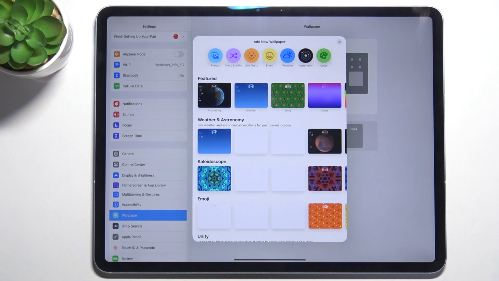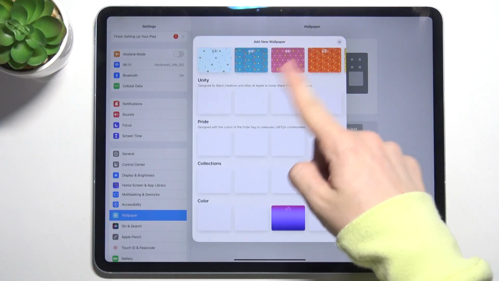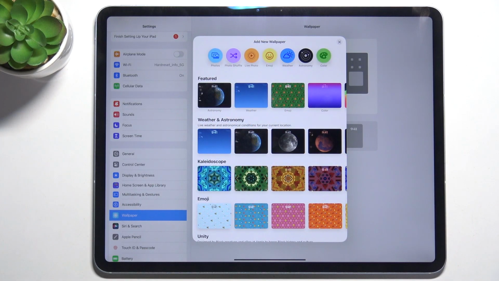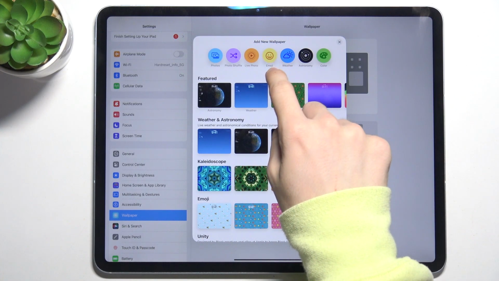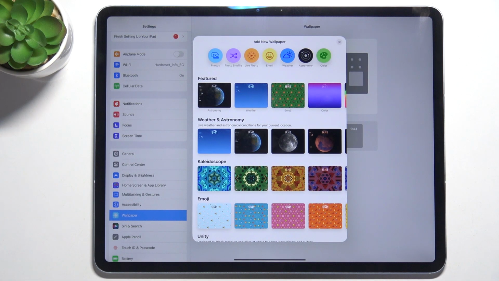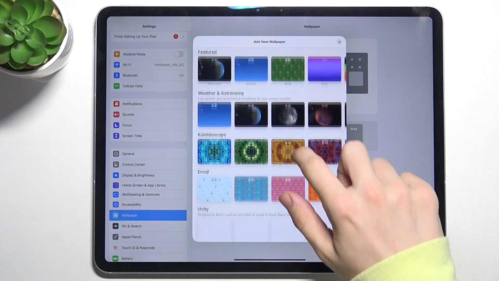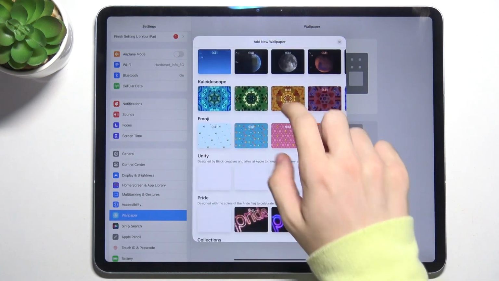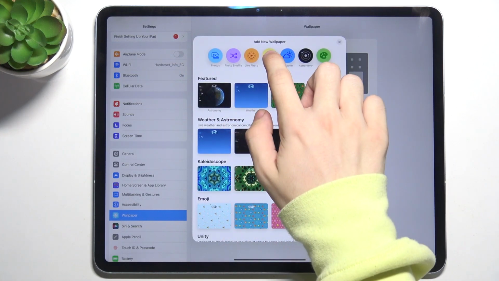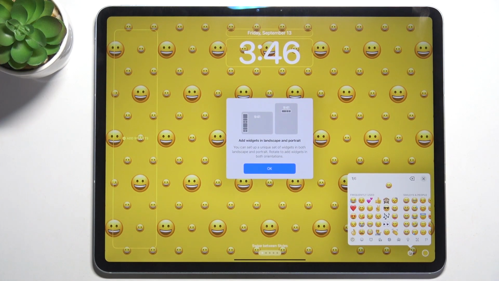and you can choose a wallpaper from here or choose from Photos, create a photo shuffle, choose Live Photo, Emoji, and other ones. I'm gonna choose a wallpaper from here, or let's create emoji. Let's choose emoji,